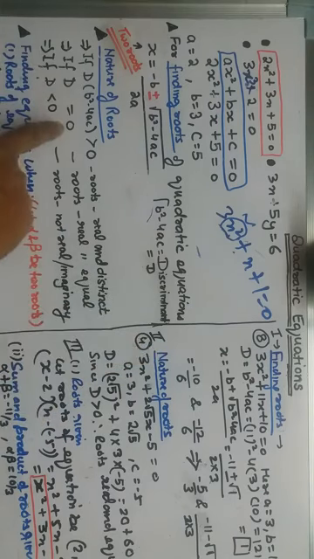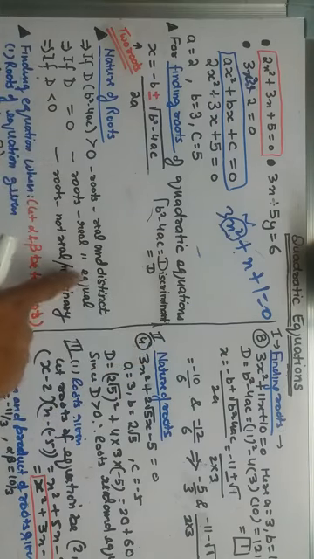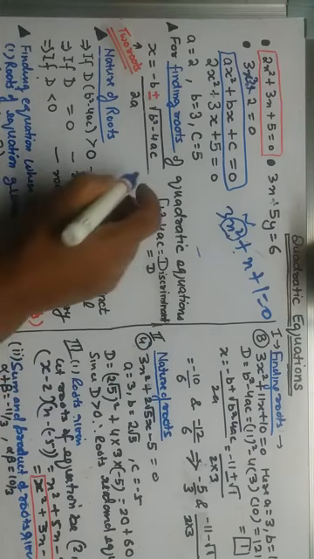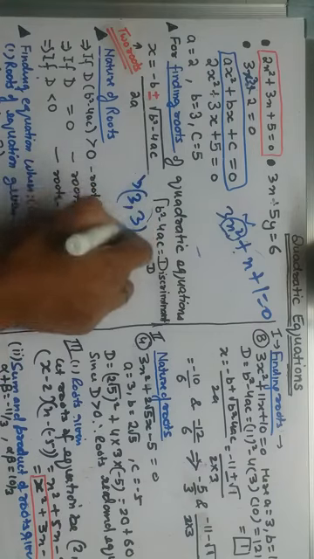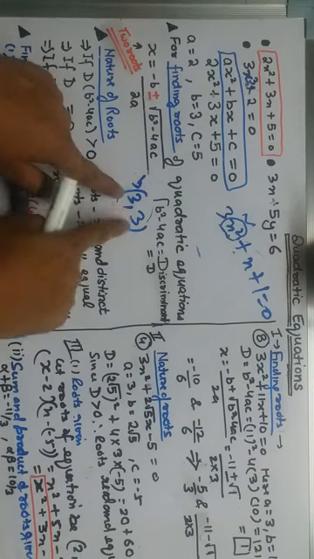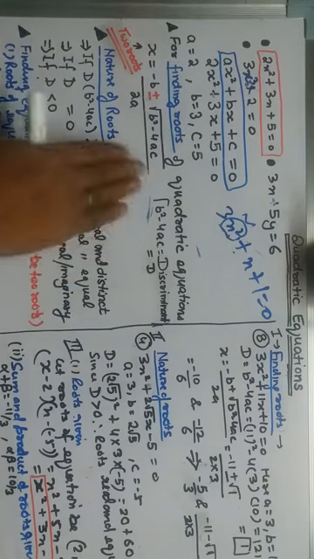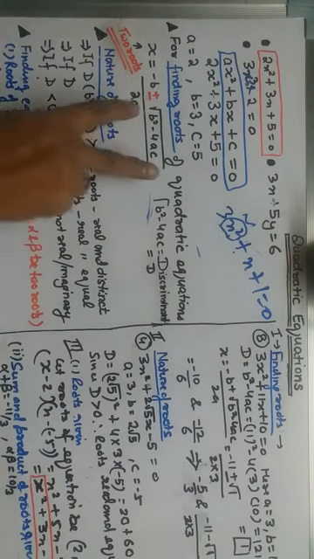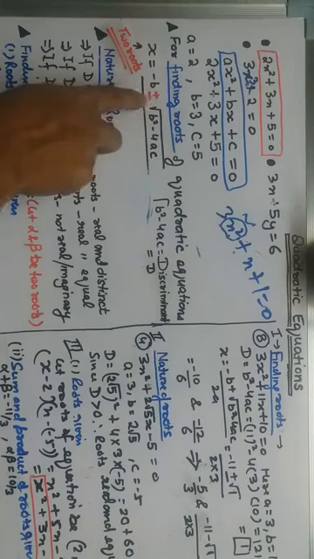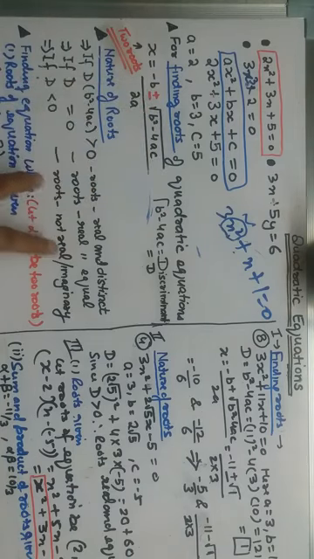If D is equal to 0, roots are real and equal. Roots are real and equal means in this case, suppose one root is 3, the other will also be 3. So there will be two real roots and they will be equal to each other. Third case, if by chance the value is less than 0, then under root of any negative value will be imaginary or not real. Clear?